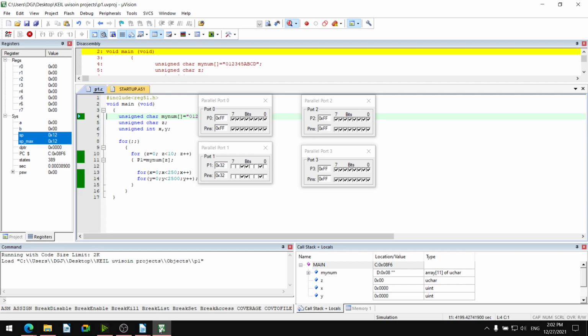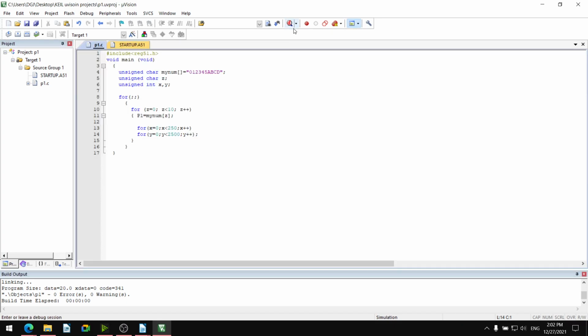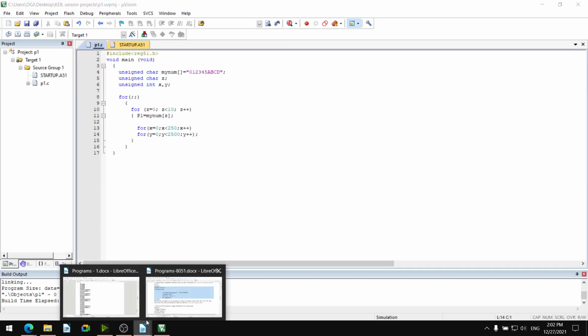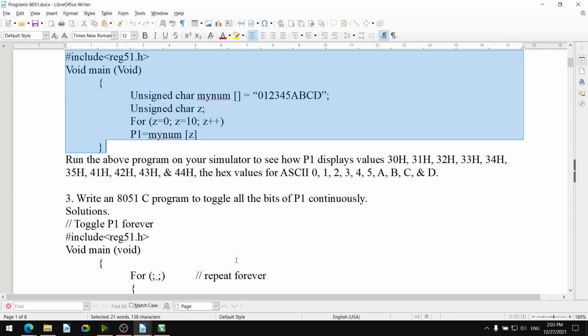Okay. So in this way it will execute. I will stop this execution. I will stop this debugging. In this way we have executed this program.